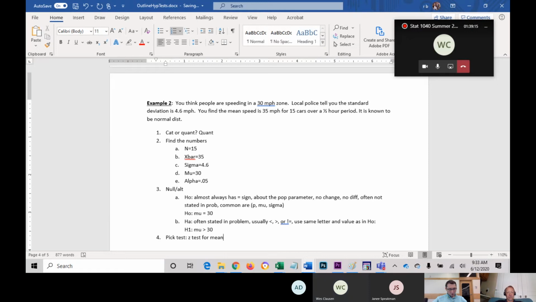Yes. Okay, z equals x bar minus mu over sigma divided by the square root of n. Sorry. Well done. Very, very well done. Okay, all right. So in this case, the numerator is going to be